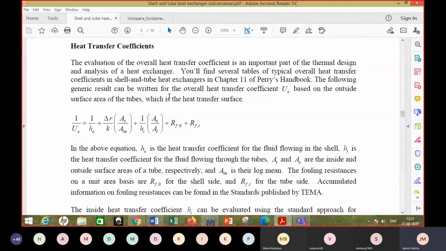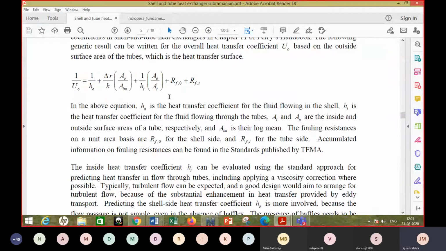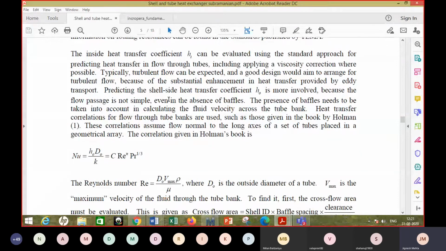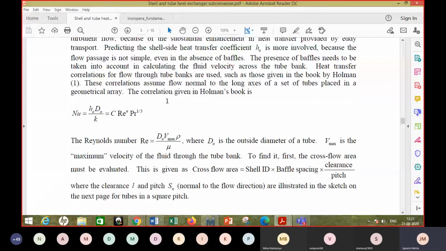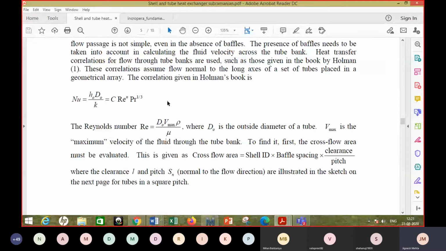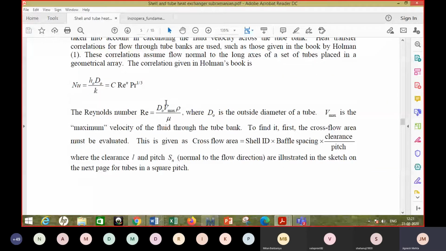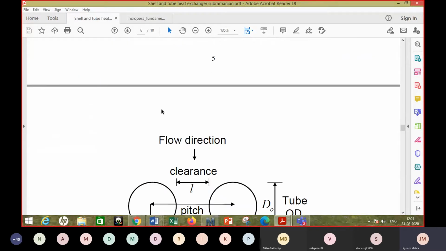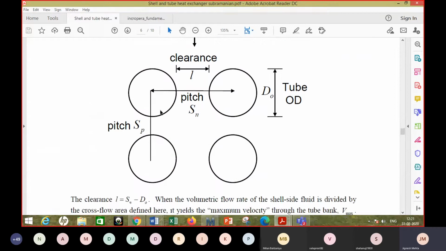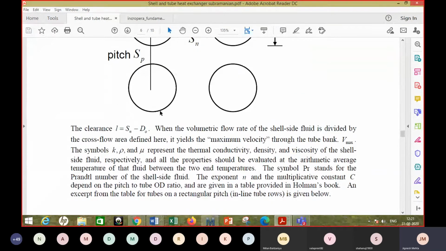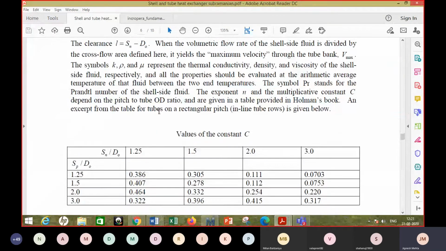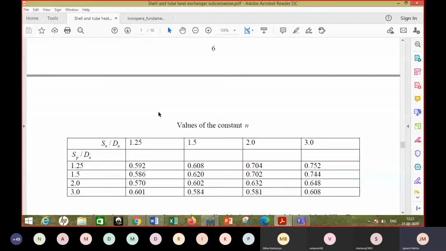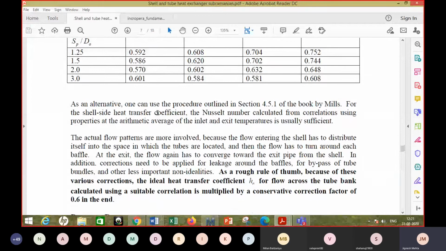This is the overall method of finding the overall heat transfer coefficient, which is already discussed, right? And then you find out the heat transfer coefficients on the tube side as well as on the shell side. We will not go into the analysis of the shell side heat transfer coefficients, though some discussion on that is given in this literature. Like this is discussing the shell side heat transfer, how to find shell side heat transfer coefficient, but we will not do that exercise. It is a bit detailed and involved exercise.